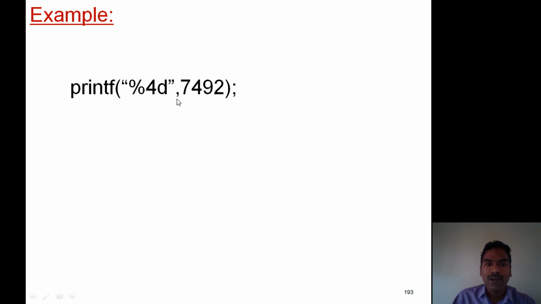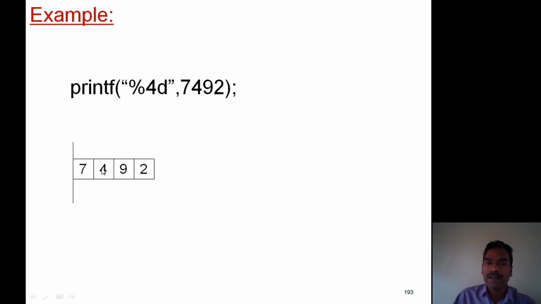To print this value, how many columns are required? 4 columns. Here we also specified the field width as 4, so sufficient columns are provided. Assume this is the monitor edge. The value immediately starts from the edge, and each box is treated as one column. So this is 7492.